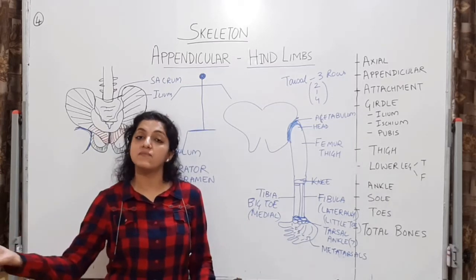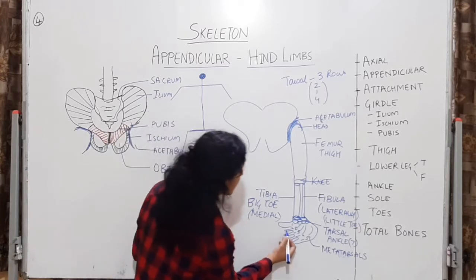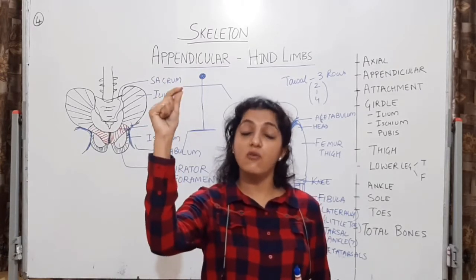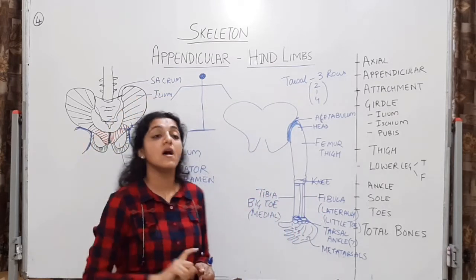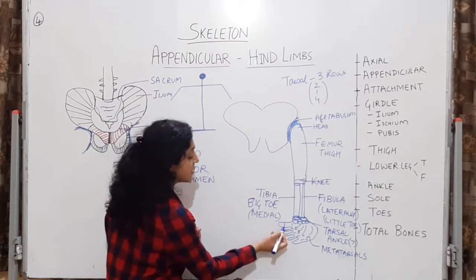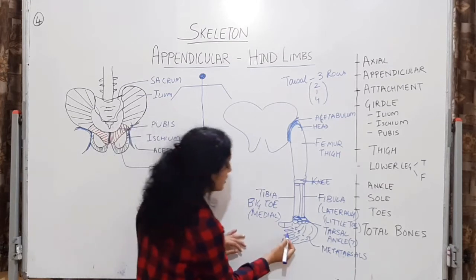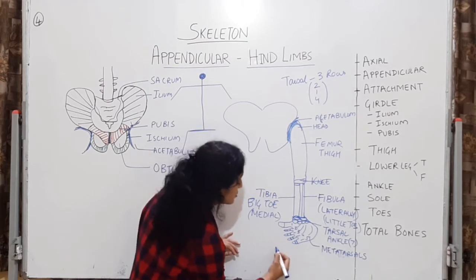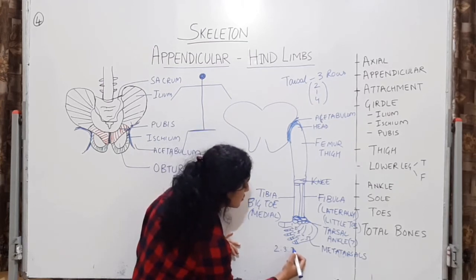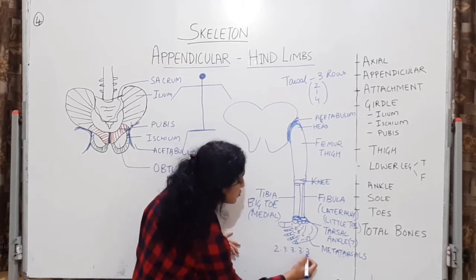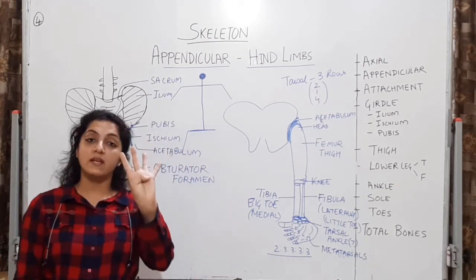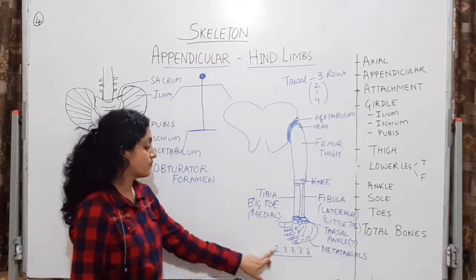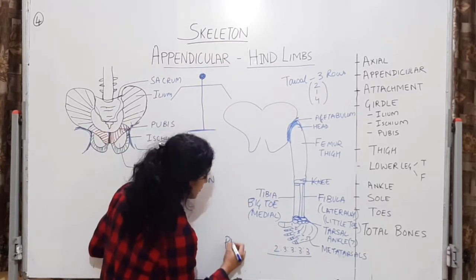जैसे bones of the fingers phalanges थे, वैसे ही bones of the toes phalanges होंगे. And again जैसे thumb में सिर्फ 2 phalanges थे, proximal and distal, वैसे ही इसमें भी 2 phalanges रहेंगे, proximal and distal. Whereas all the other fingers are going to have 3 phalanges each. So the phalangeal formula will remain the same. 2 is to 3 is to 3 is to 3 is to 3. 4 times 3 for the 4 toes and 1 for the big toe, that is 2. So ये रहेगा phalangeal formula.